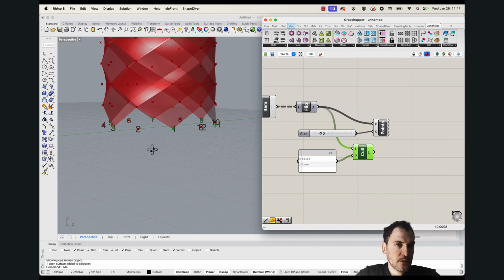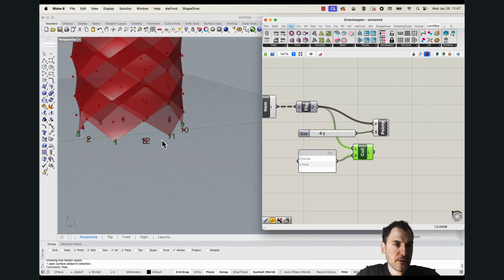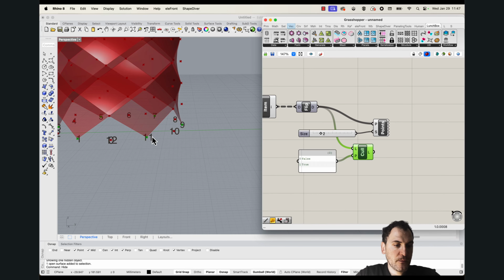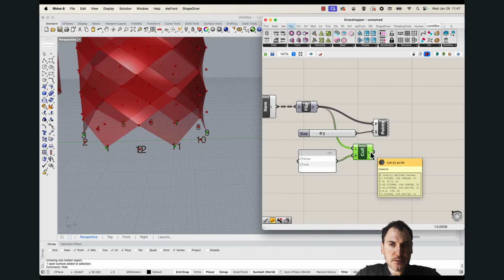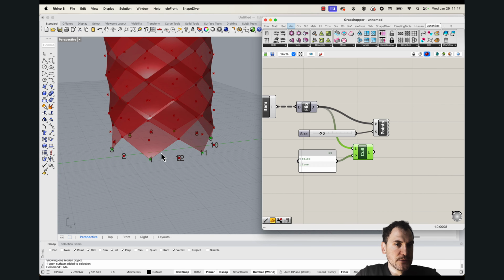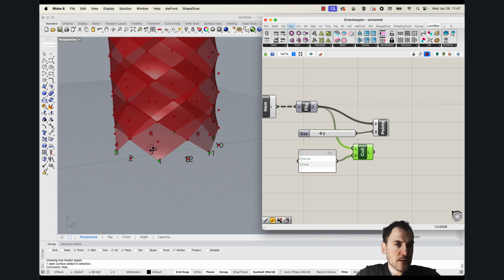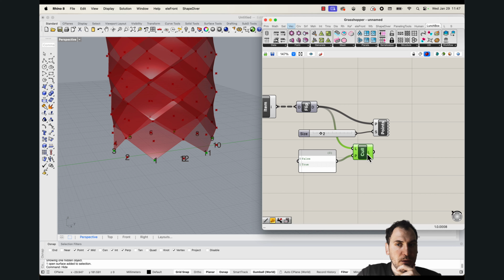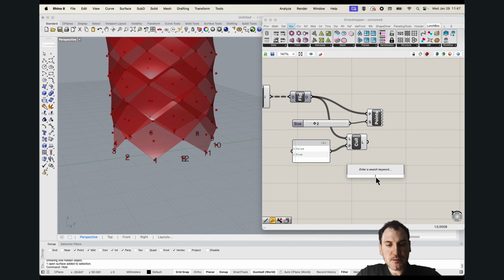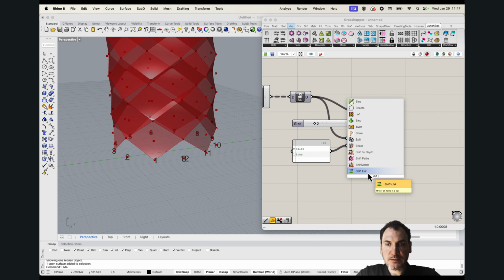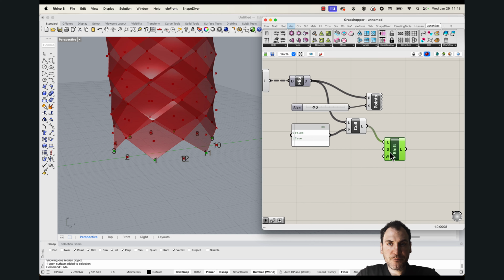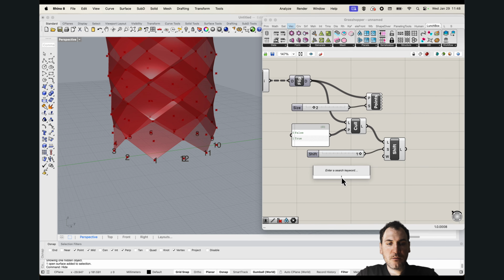Okay, so these are the points that I wanted. Perfect. So there we go. These are the 6 points that we can actually use. One way to use it, you can do a shift list to these points and keep the shift index to be 1, and